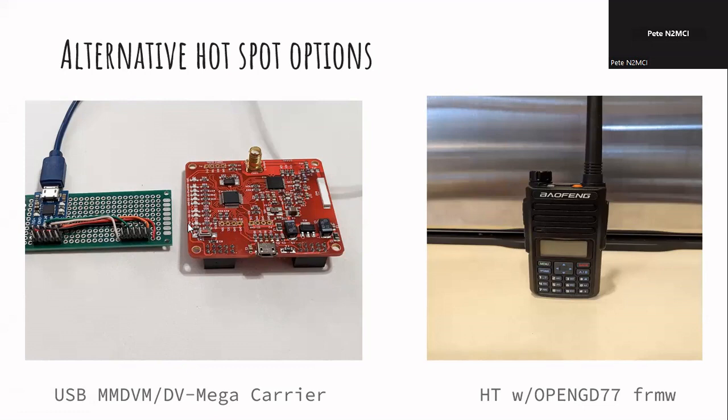But I found recently that you can create a little carrier board that will support either MMDVM or DV Mega, and there's a little chip on here that you can get relatively inexpensively, and all you have to do is wire it to the pins that it talks to on the port where the GPIO would be, and it's a TTL